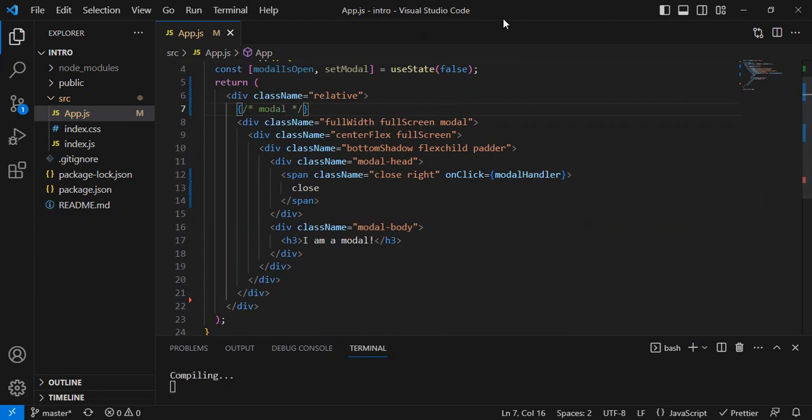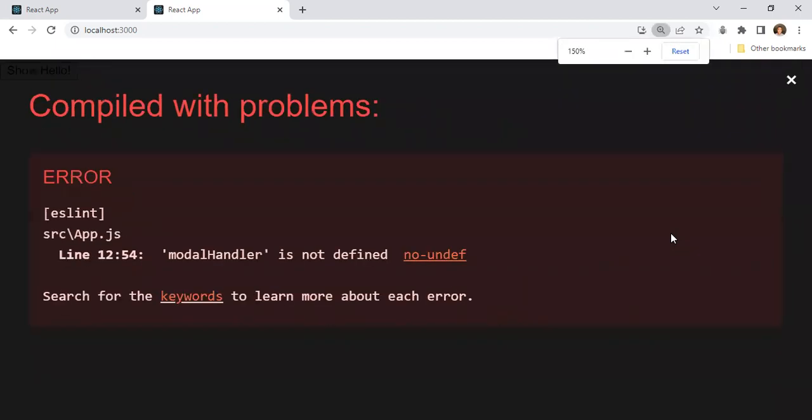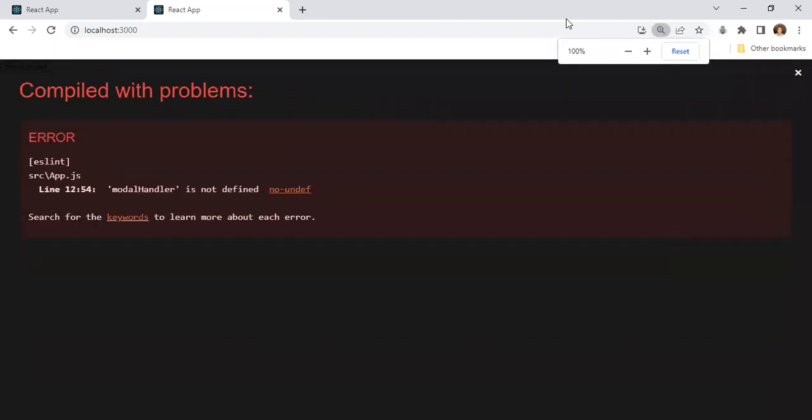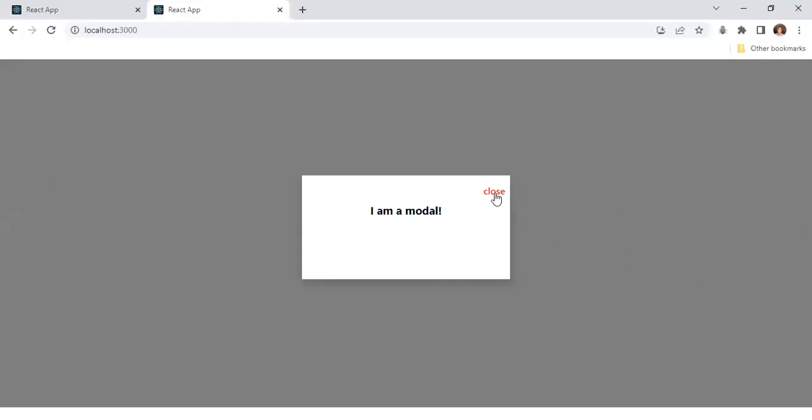So now let's run that and see what our website looks like. Whoa, compiled with error. Modal handler not defined. Okay, let me reduce the screen size first. I passed in a function that hasn't been created yet. So I think after that, this should be fine. Yes, our modal